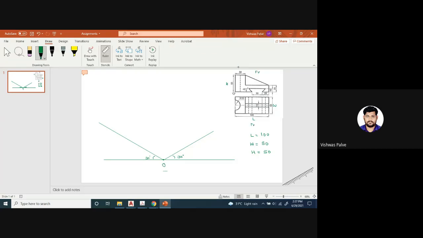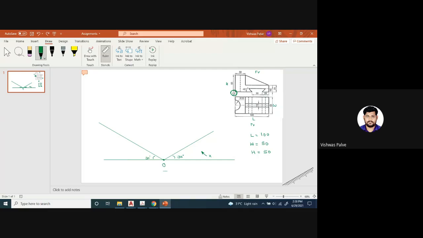Then in isometric, we have to identify where the origin is. So here is the origin, that we have identified. Whenever the origin is on the left side of the given question, can you see this origin is on the left side? Then our viewing direction X will be on the right side. This will be the X direction, so please take care of that. Suppose O is on the right side, what will happen? Our viewing direction will be on the left. So you have to take that change.